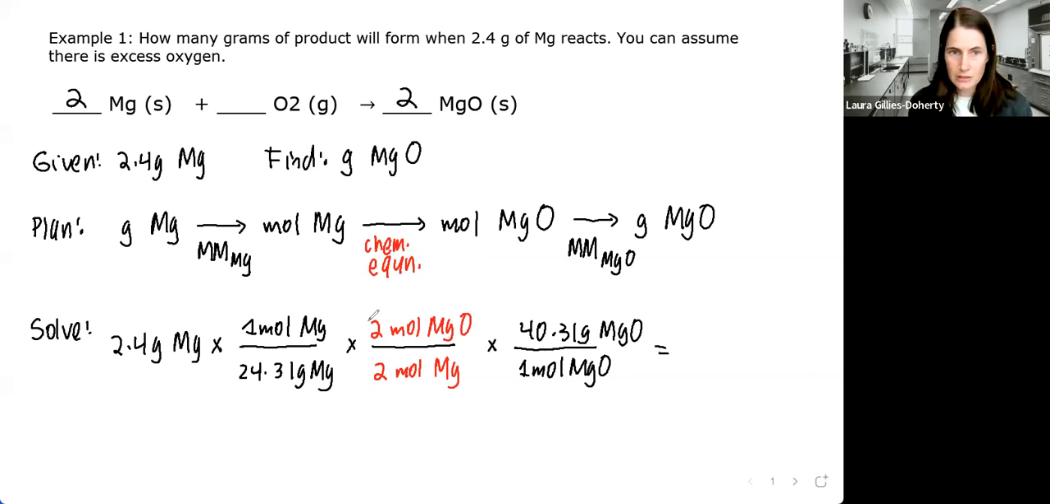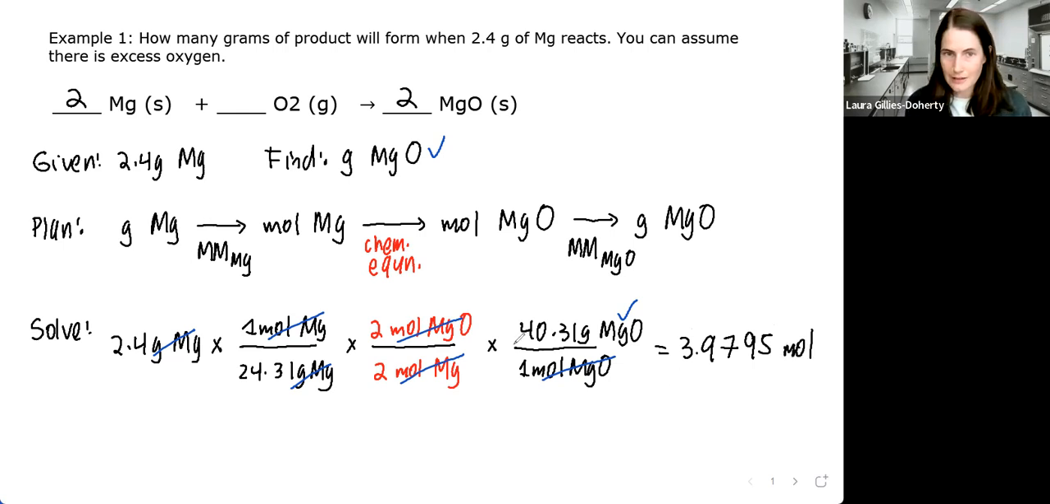Let's check our units. Grams of magnesium and grams of magnesium cancel. Moles of magnesium and moles of magnesium cancel. Moles of magnesium oxide and moles of magnesium oxide cancel. And we're just left with grams of magnesium oxide, which is what we were asked to find. So now I'm ready to plug it in. So I do 2.4 times 1 mole of magnesium times 2 moles of magnesium oxide times 40.31, divided by the product of all of the denominators. So 24.31 times 2. And I get 3.9795